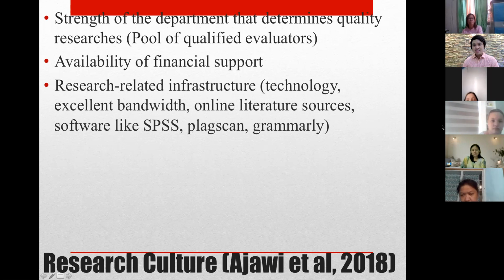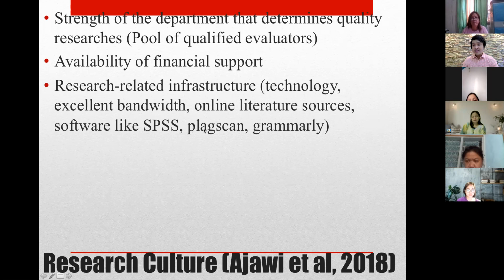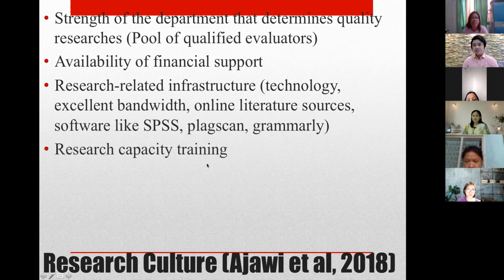Sa panahon ngayon, hindi na kailangan ng tao para mag-check ng paper. Meron ng software that will check the grammar of your paper, no? There is also a scanner, no? It's an online tool that will check the plagiarism activities of your paper. And sabi ko nga kanina, statistics is no longer manual. Whenever I teach stat, nagpapagamit na ako ng software, tinuturuan ko na lang kung paano i-analyze yung result ng computation ng SPSS. There should also be research capacity training.